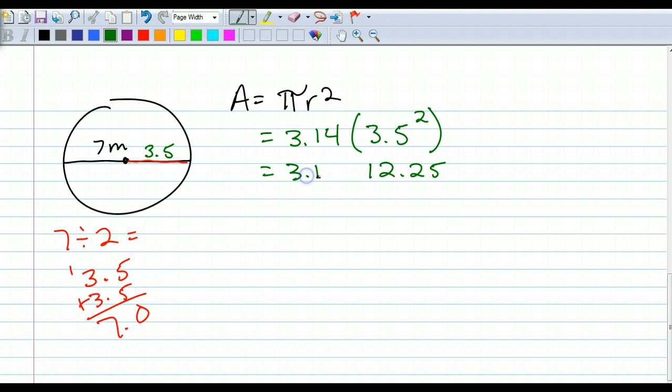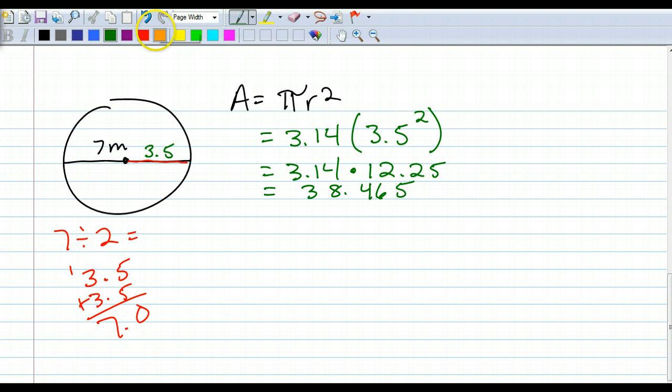So we have 3.14 times 12.25. Calculators, plug that in. 3.14 equals, let's round this to the nearest tenth, shall we? All right, so we get